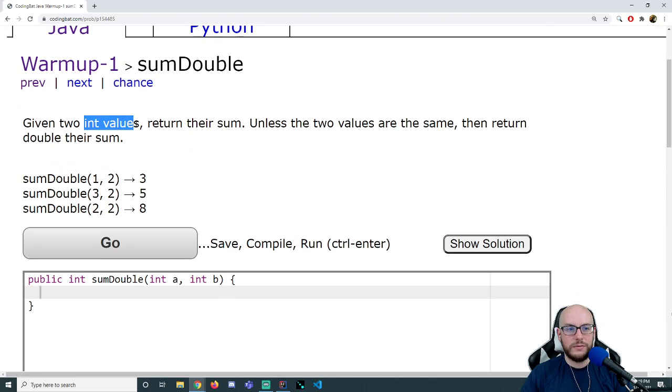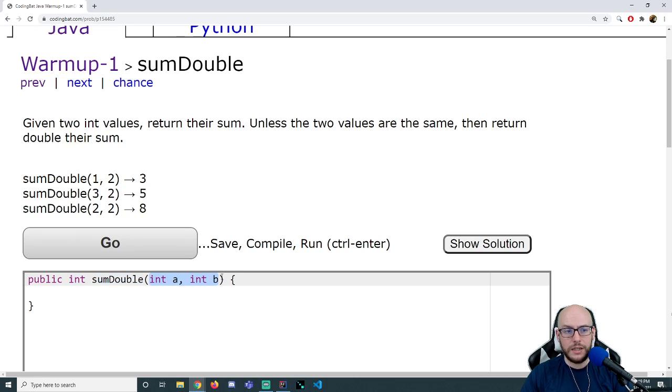Given two int values, return their sum. Unless the two values are the same, then return double their sum. Our method is called sumDouble. We're ultimately returning an integer. We got two integers coming in, A and B. Here's some examples. We see 1 and 2, that's 3. We see 3 and 2, that's 5. 2 and 2, because those are the same, we're going to return an